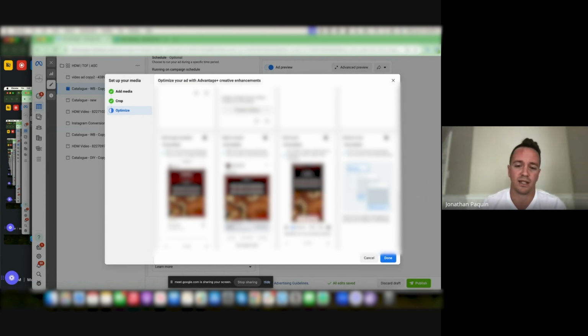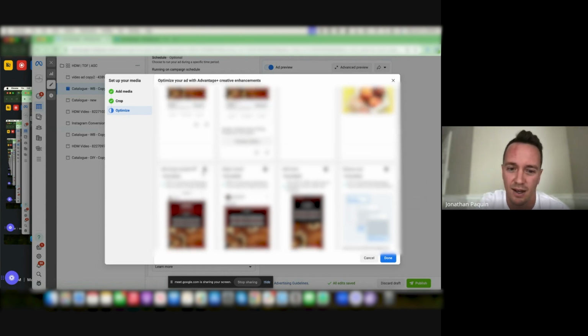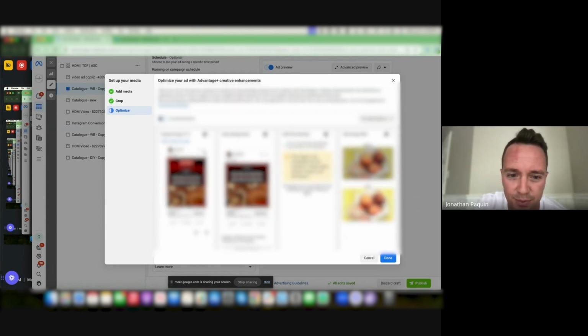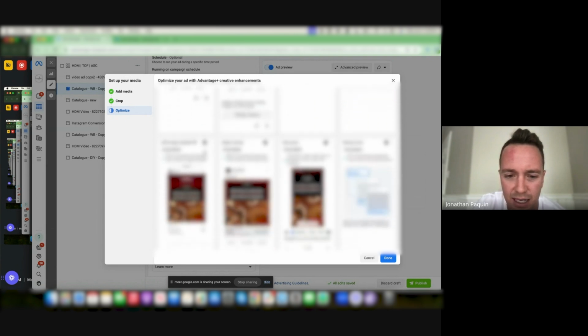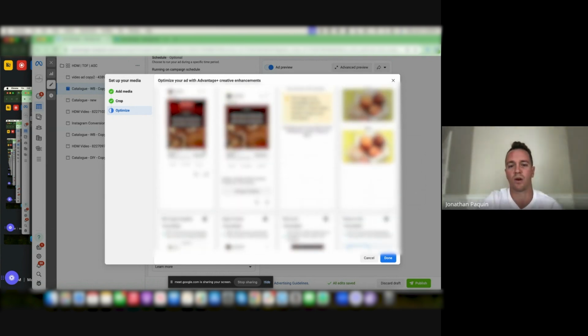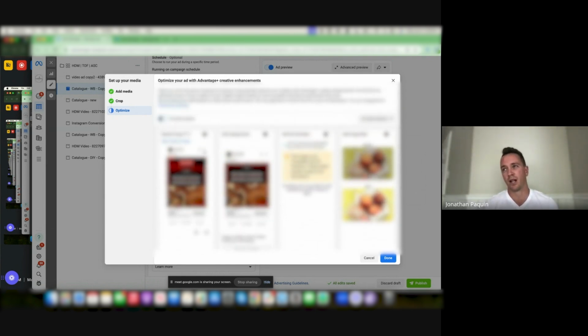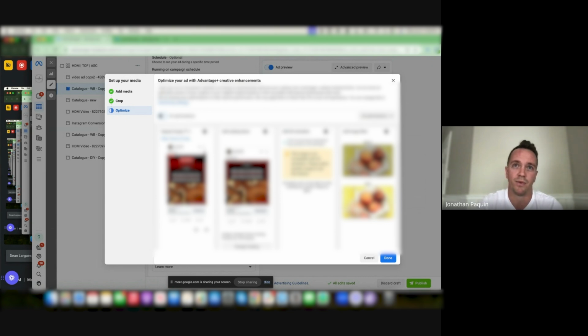Just make sure when there's text heavy creative, sometimes the expand image or whatnot will crop the text and it will just look weird. So keep that in mind. But it's fine to test, I would say. But I found that there's not a huge difference. And if you have just a small budget, I'd probably recommend to turn it off, so there's not too many options for the algorithm to work on. So yeah,